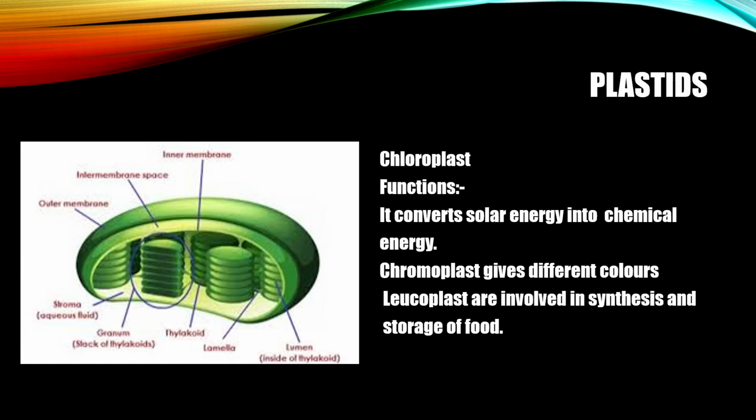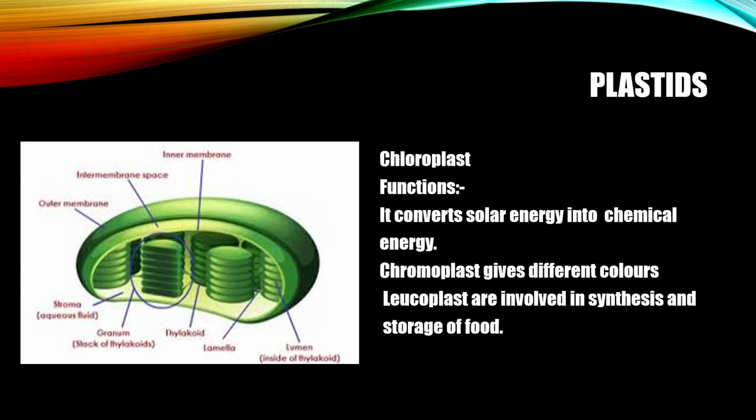Let us study chloroplast. Chloroplasts are important for the photosynthesis processes that take place in the leaves. Chlorophyll in chloroplast traps solar energy and converts it into chemical energy. Stroma in the chloroplast contains enzymes, DNA, ribosomes, and carbohydrates that are necessary for photosynthesis. You can see the figure, children, that is given on the screen, that is chloroplast. You can see the intermembranous space, the outer membrane, the inner membrane, the granum, the stroma, and the thylakoid.